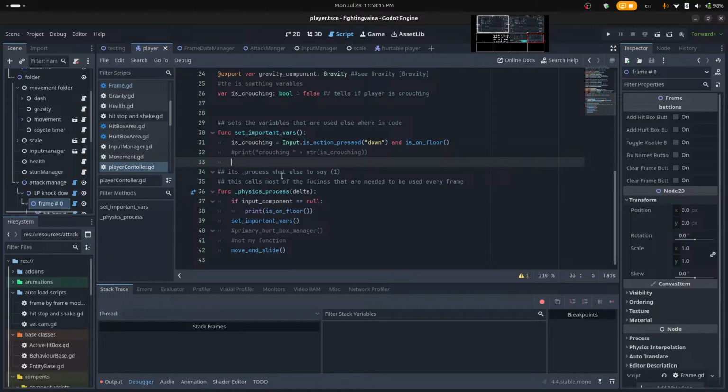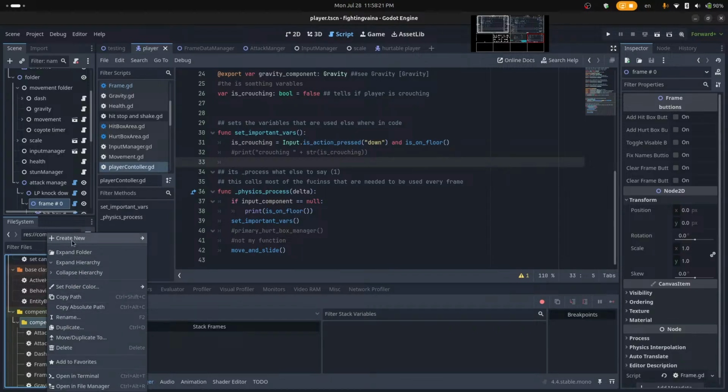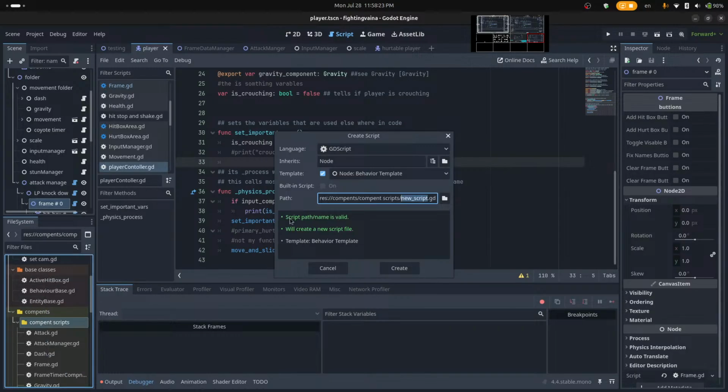Let's save that. Make a new script that's in the components. Create new script, Behavior base. Hurt primary, Hurt box is